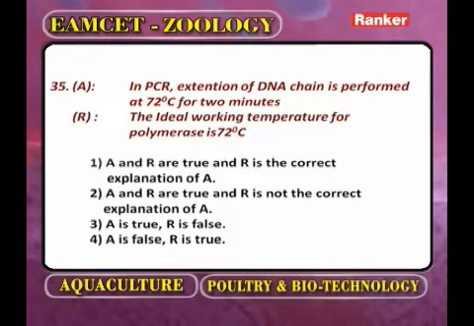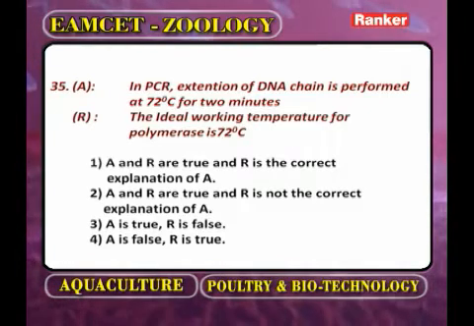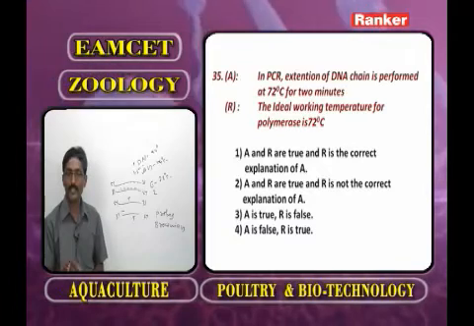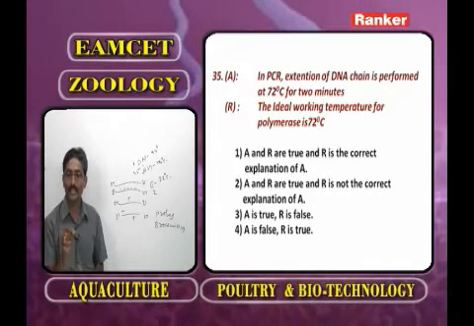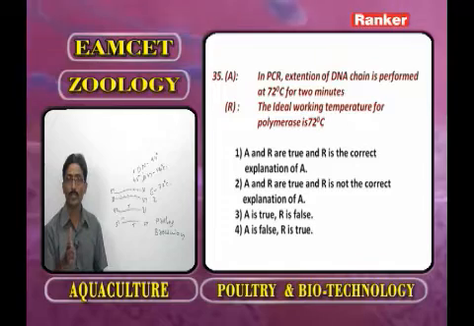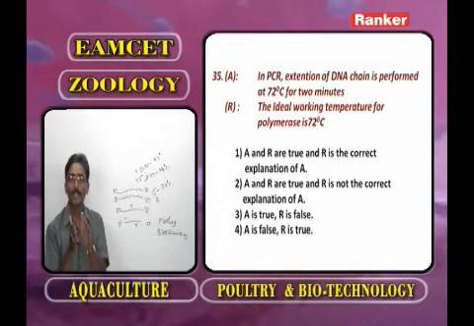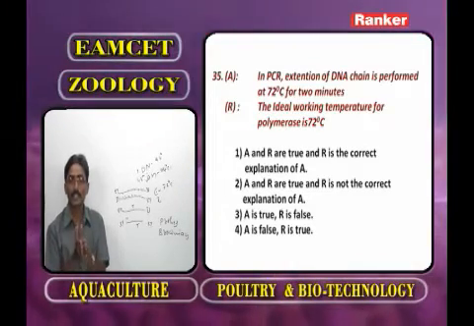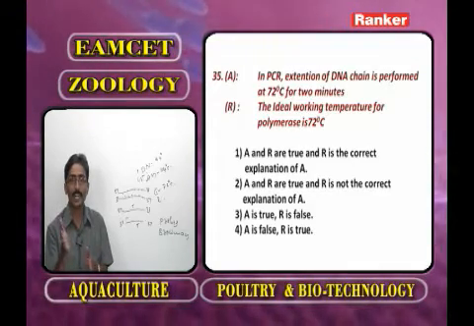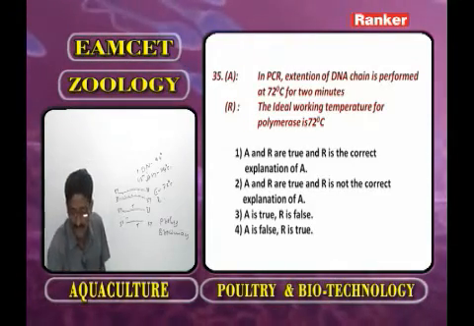In PCR, extension of the DNA chain is performed at 72 degrees centigrade, for 2 minutes. Ideal means it is a favorable, suitable temperature. At this temperature, the DNA strand extends. Now the answer is